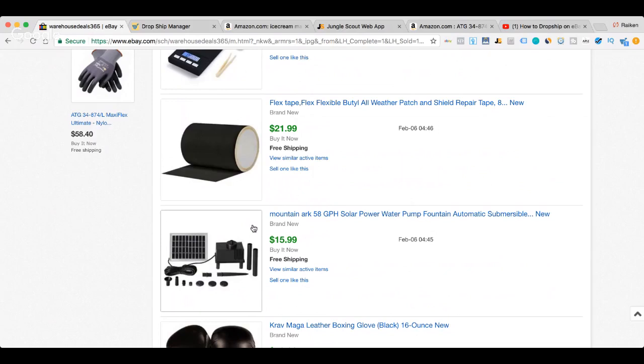Now you might be thinking to yourself, who shops on eBay? Everyone checks prices on eBay and Amazon. That's not true, guys. There are billions of people who live in this world. For one reason or another, maybe they don't shop on Amazon or they don't know about Amazon, or maybe they're international and they can't purchase off of Amazon. Maybe they won't ship internationally. There's a million and one various reasons why. Maybe they have a gift card. They're shopping on eBay. But essentially, you're making that difference, sourcing it from one place.